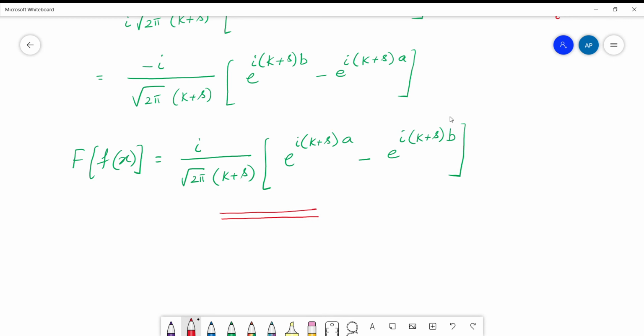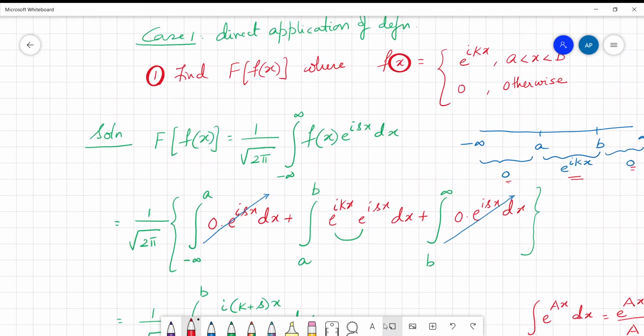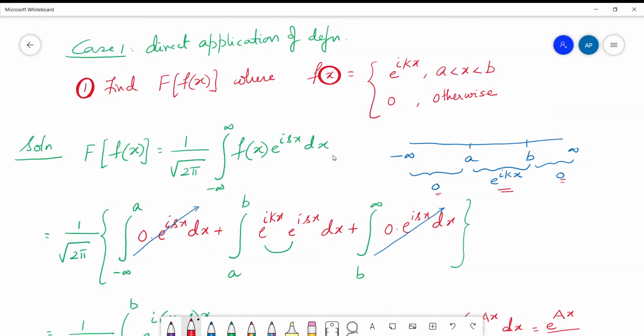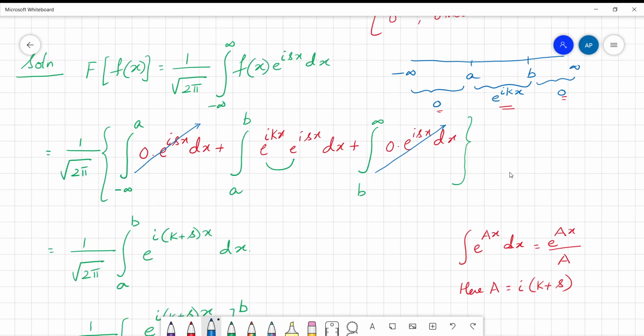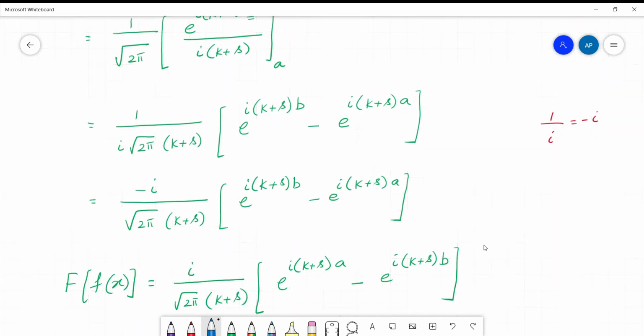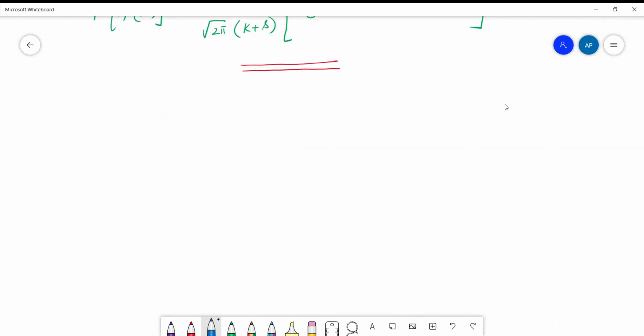So we have done just the substitution of the function in the formula, or in the definition of Fourier transform. That's why I said case 1 is the direct application of the definition. So I've just taken up the definition, and if you note the limits, they are from a to b. So no big change, and I've simplified the integral as the sum of three integrals, applied the basic integration formulae, did the maximum simplification. Let's do one more just to complete case 1 thoroughly.